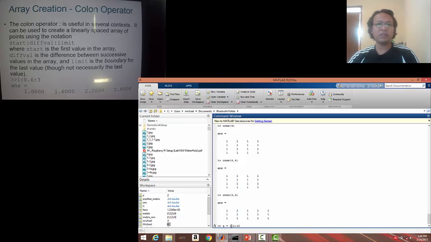Actually, the answer here is a row vector. 1, and then the interval is 2, and then up to 10. So what do you think are the values here? You have 1, and then it jumps 2, and then 3. 1, 3, 5, something like that. So when you enter here,